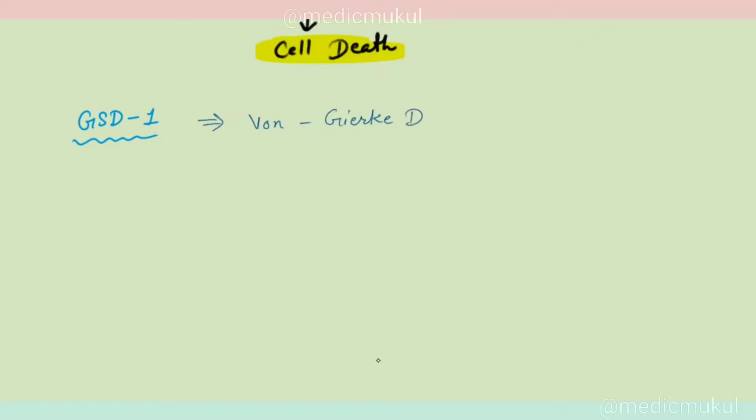Okay, let's talk about the glycogen storage disease classification. Let's start from glycogen storage disease type 1, also known as von Gierke disease. This is our glycogen storage disease type 1, and it is the most common GSD, glycogen storage disorder. What happens in this case? There is impaired glycogenolysis, which we covered in the previous video, and impaired gluconeogenesis.